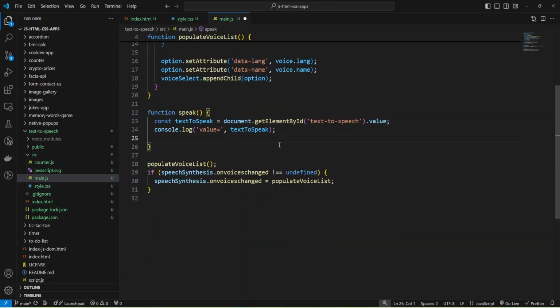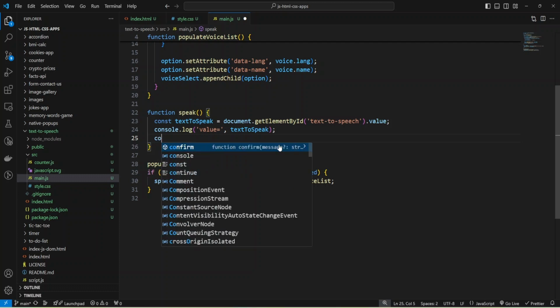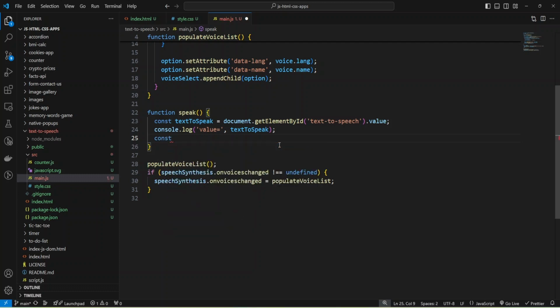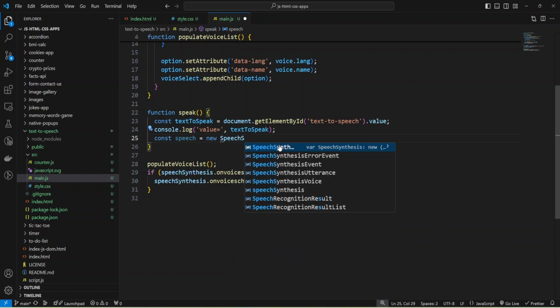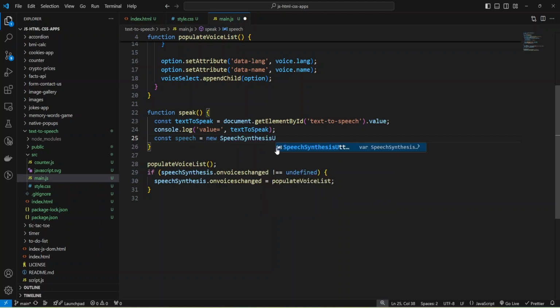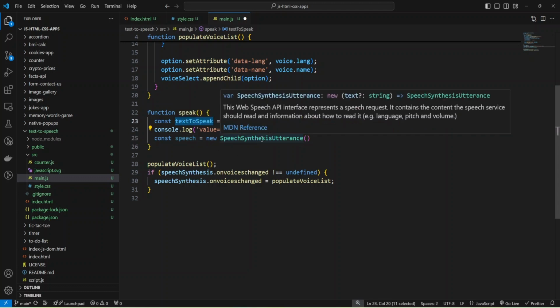And now I'm going to create my speech object. It will use a constant speech, and now I'm going to use SpeechSynthesisUtterance, and I'll provide to this Web Speech API my text to speak, and you can check the doc.